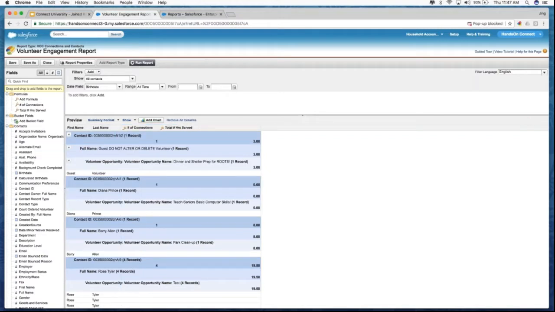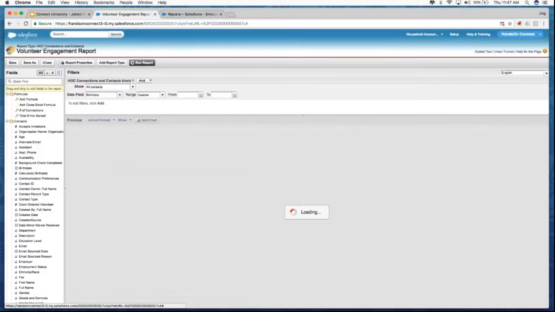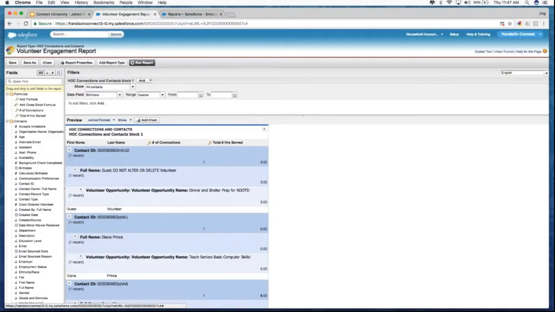So right now I have this report. It shows me the name of the volunteer, the total number of connections, and the total hours served, right? Now I'm going to add a joined report. But what I really want to see is the power of how I'm doing at converting those volunteers into donors. So previously, we just took the exact same record and added the field over here